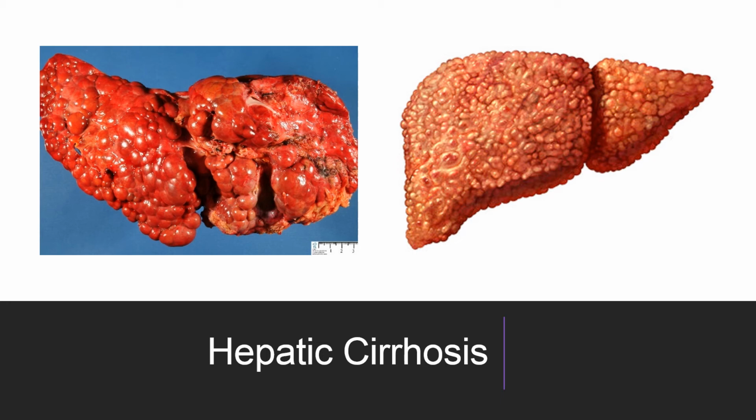If it's caused by alcohol, of course, that's one that many of us are familiar with, and that occurs over time. Generally, it's the alcohol that causes this fibrous tissue to replace the normal tissue. If it's non-alcohol induced,